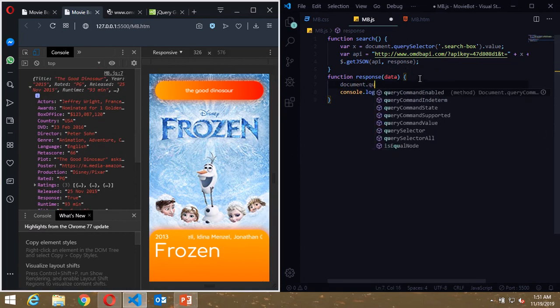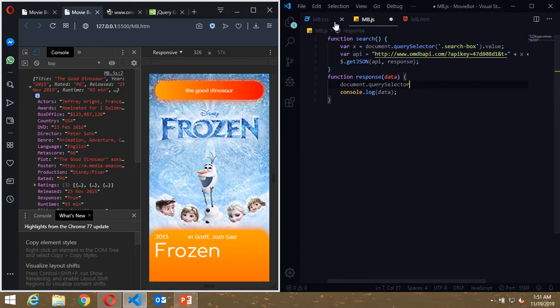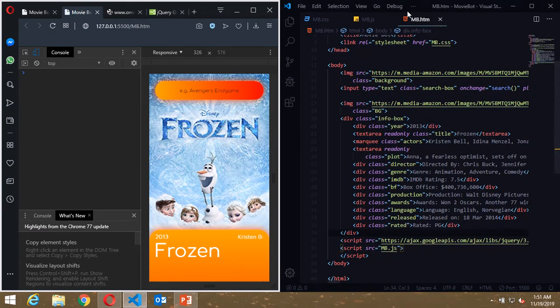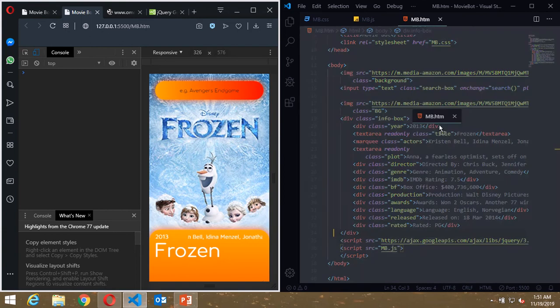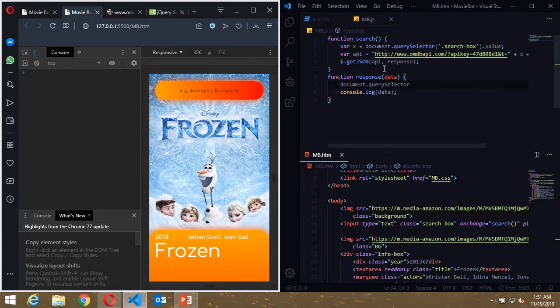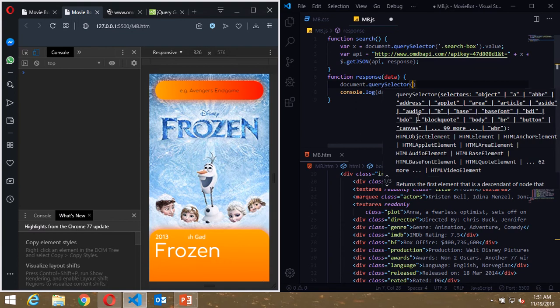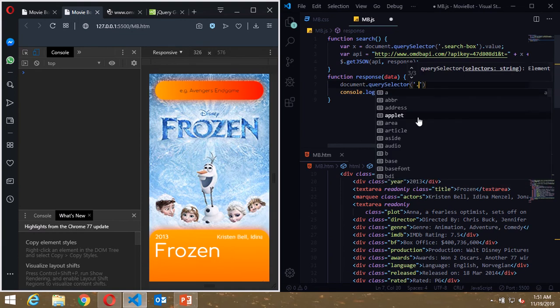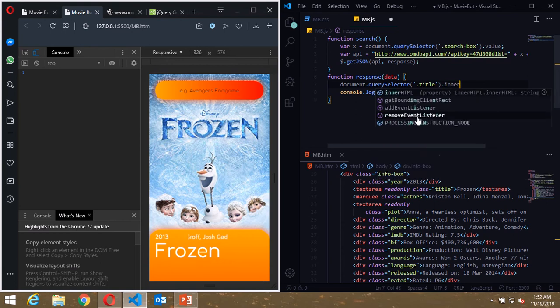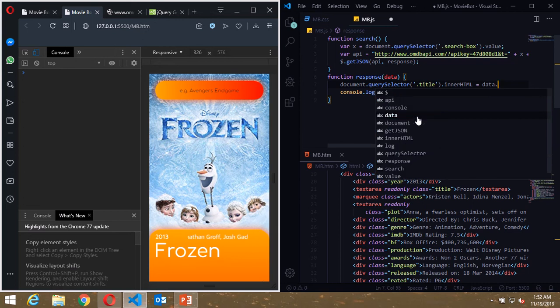Alright, and let's just put it in according to data. So document.querySelector. Alright, and I'm gonna bring this down over here. Come on, there we go. And we're gonna exchange all this. So document.querySelector, this is going to be dot title innerHTML, and this is going to become equals to data dot